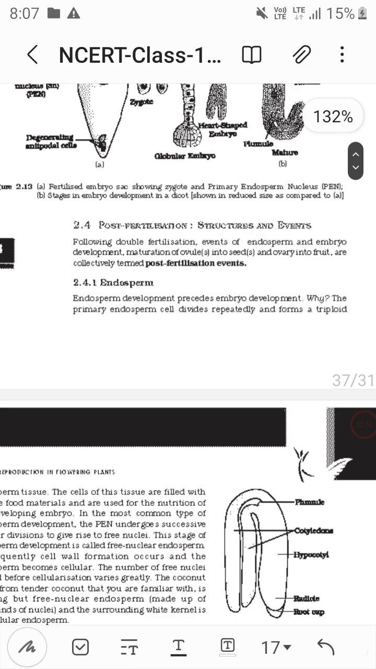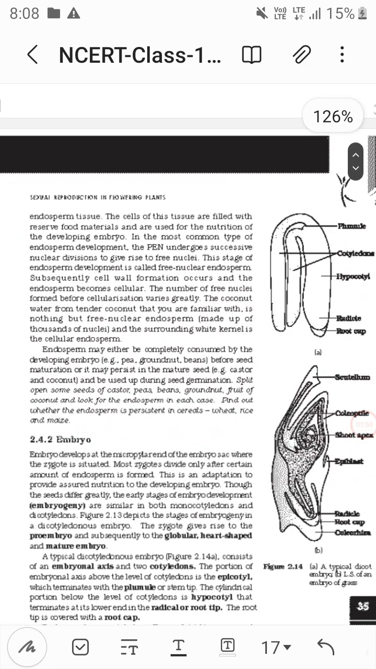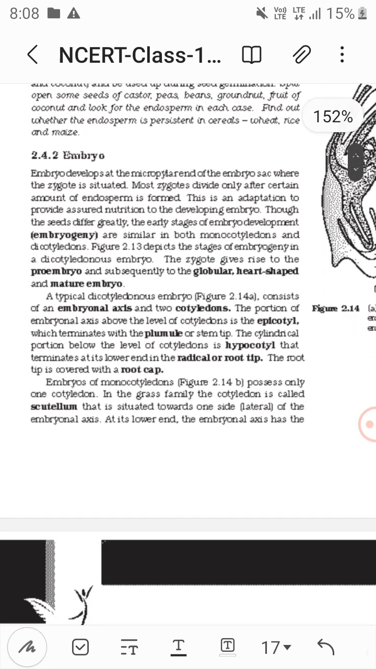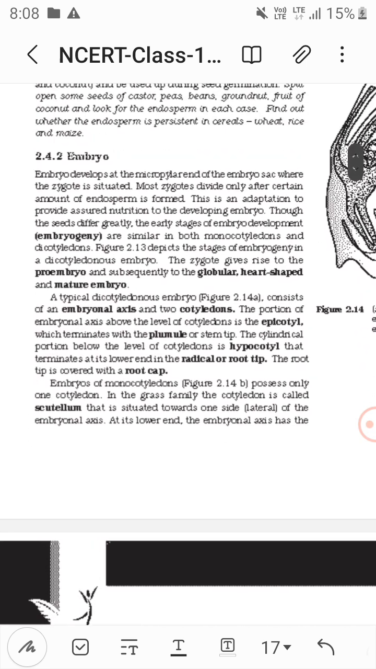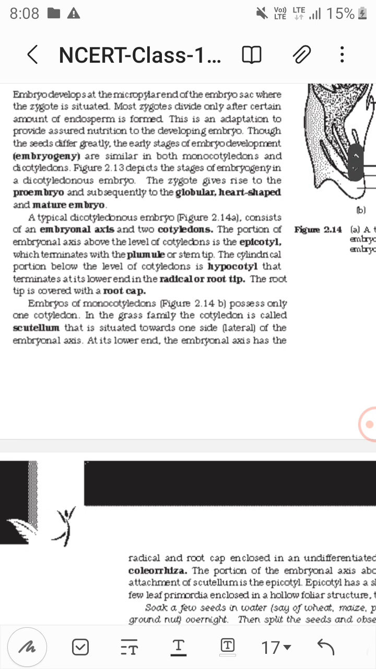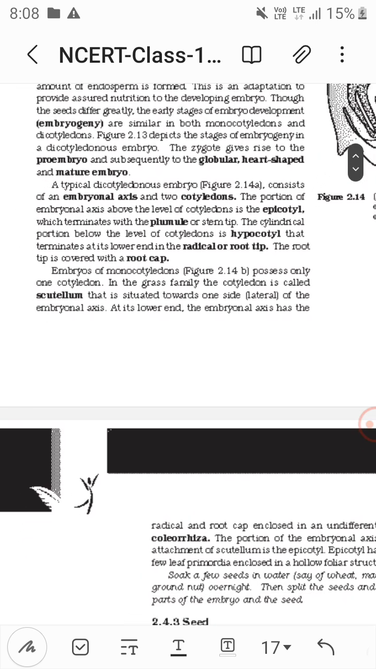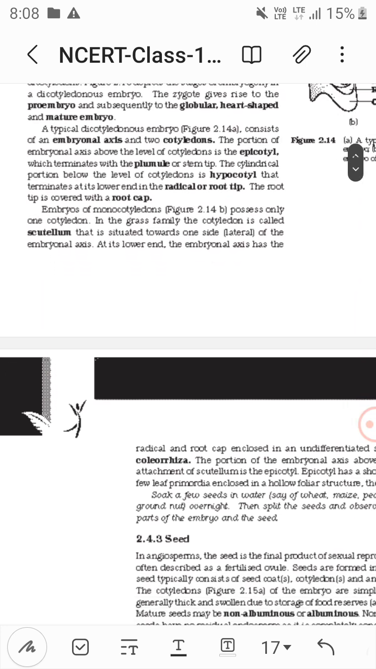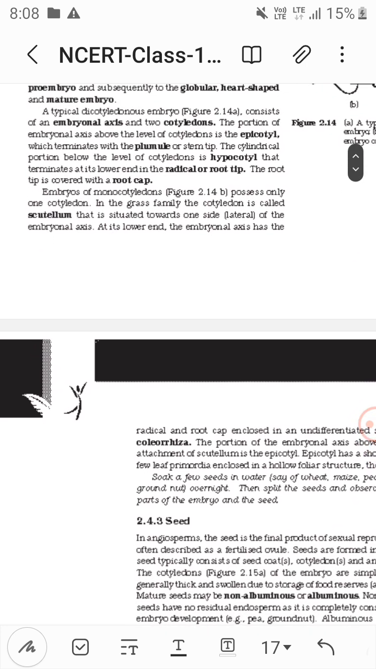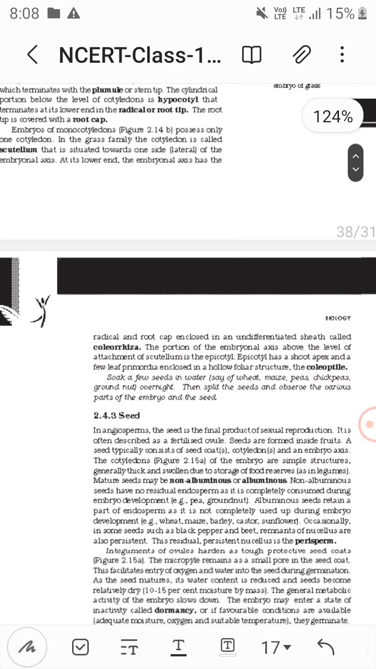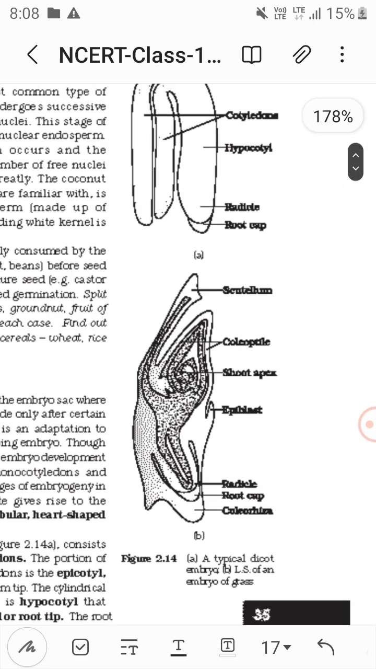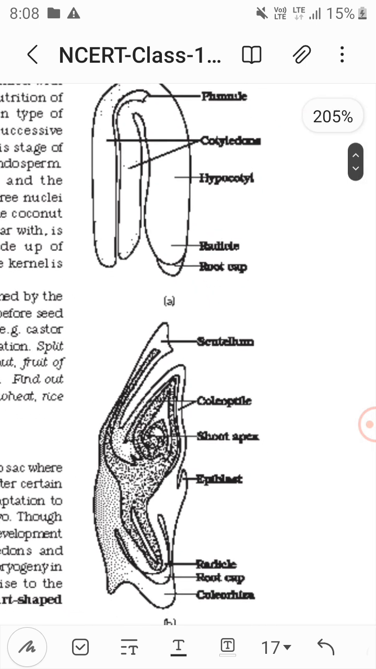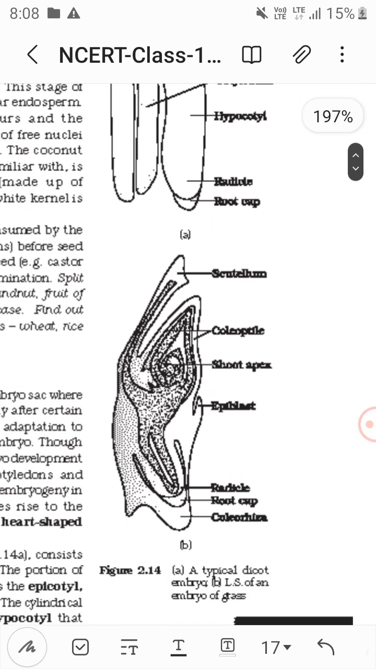So post-fertilization events includes endosperm, then embryo. So in embryo you see embryogeny, it is the study, and zygote shapes, proembryo, then globular, heart shape, and mature embryo. Embryonal axis has two cotyledons, epicotyl having plumule, and hypocotyl, then radicle or root tip covered by root cap. See in the diagram a typical dicot embryo you see having plumule, then cotyledon, hypocotyl below it, radicle having root